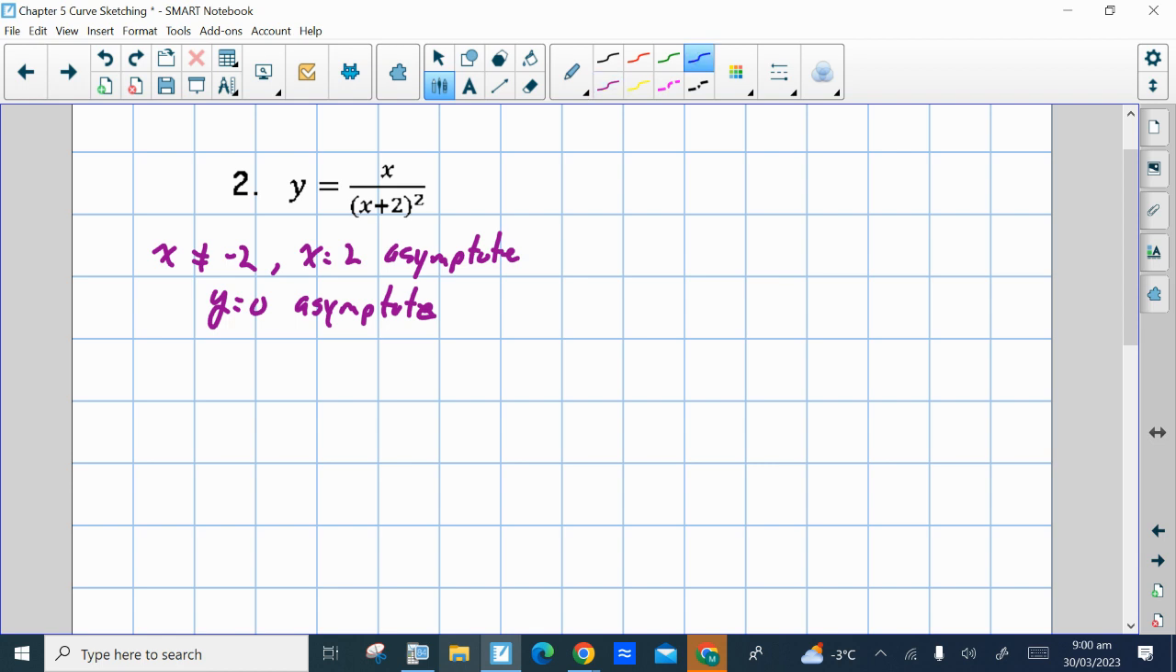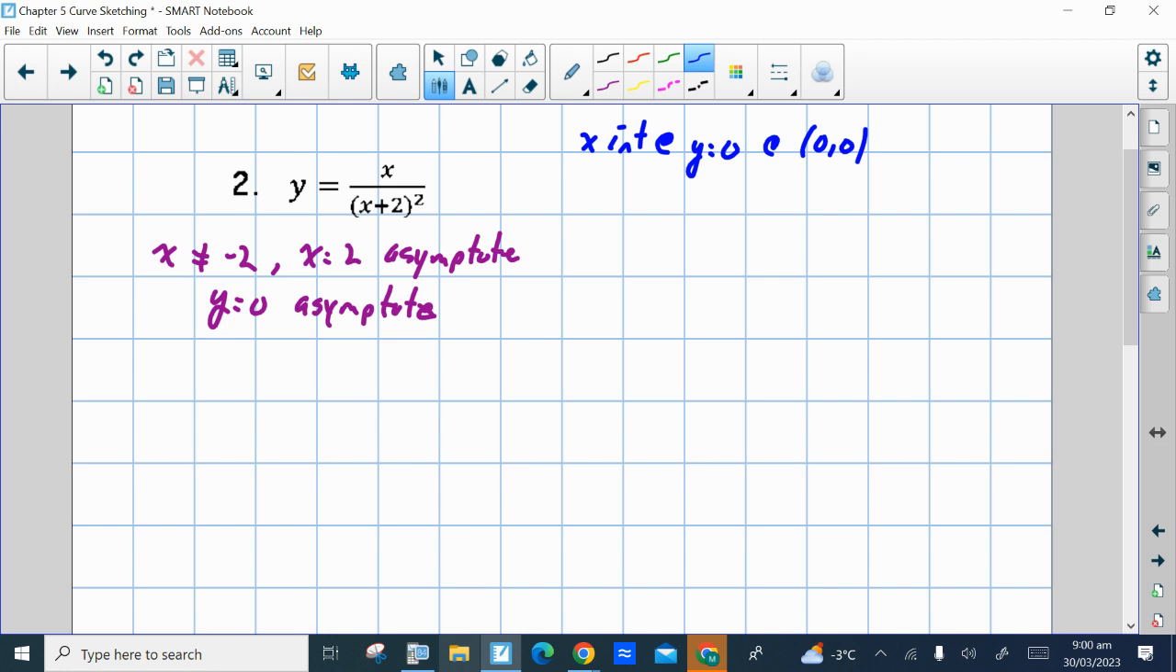Okay, so what about our intercepts? Our x-intercept, again, is where y equals 0. And the rational function equals 0 when the numerator equals 0. The numerator is just x. So when x is 0, you're actually going to get 0 over 4, which is 0 though. So that is our x-intercept,